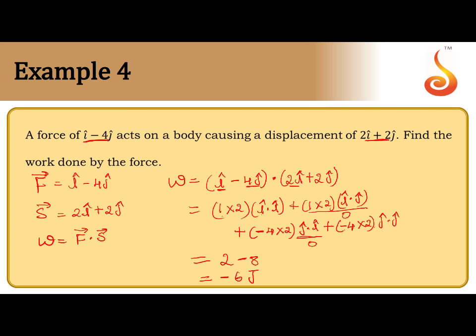So how did I get the negative sign? The negative sign indicates the work is done against the force. Suppose you are climbing up a hill. The force is pushing the ground down. The displacement will be in the upward direction. Maybe these two were opposite in direction. That is why the work done is negative. The work done is minus sign indicates that work is done against the force.